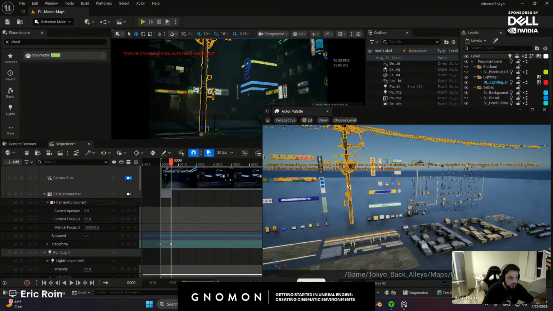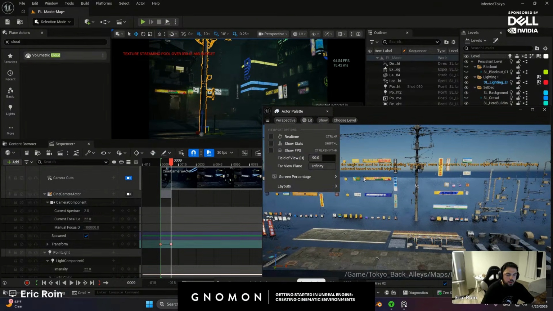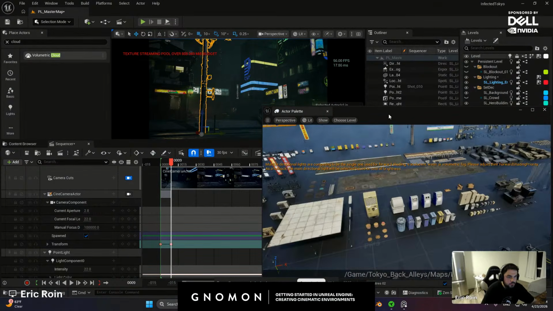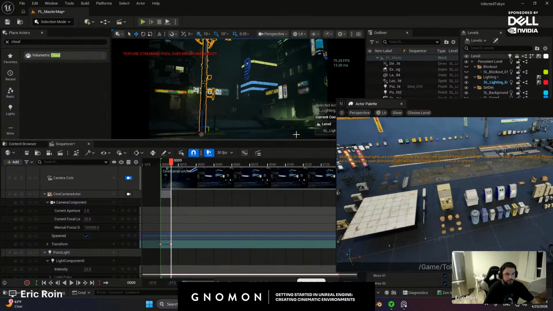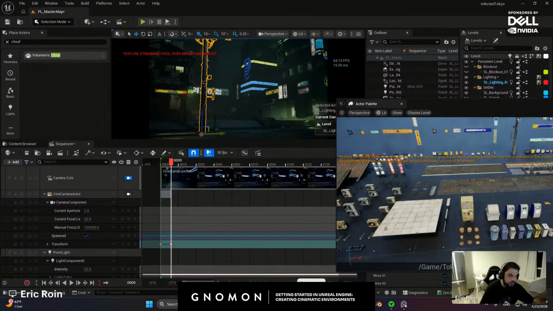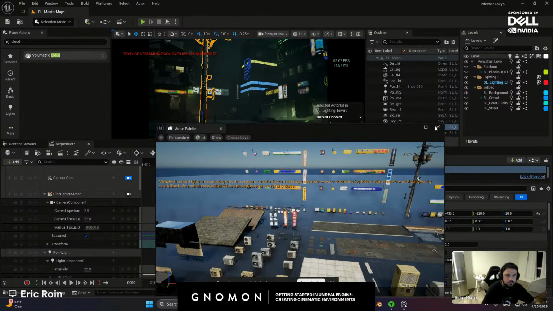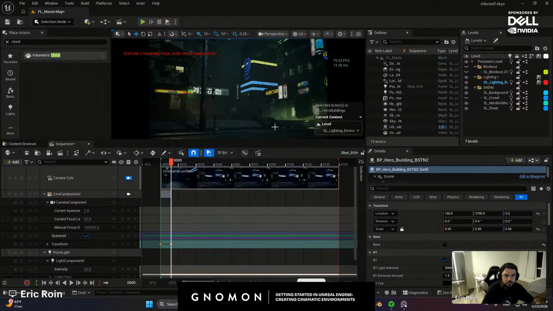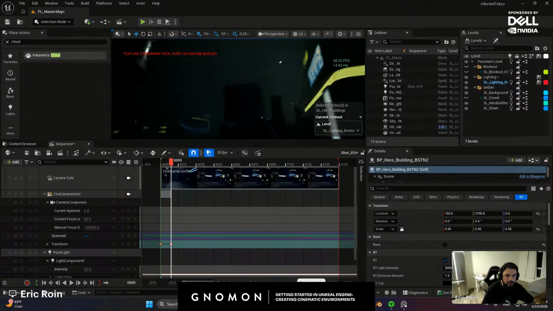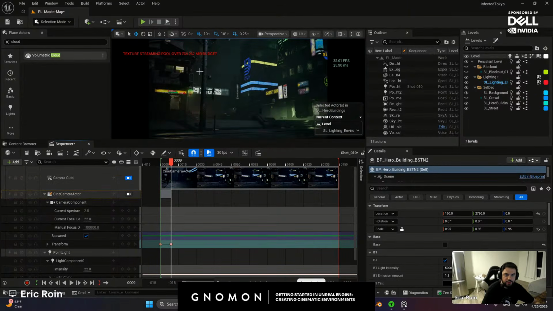Let's see what else we can add. I'm not really concerned about set dressing too much. We can always add that later. I'm mostly looking for bigger props right now. And now they can also be the light source that supports this blue light, the moonlight, or this can be just a light source coming from here.